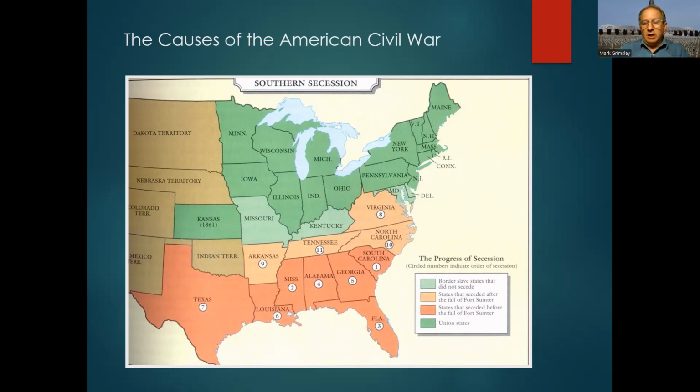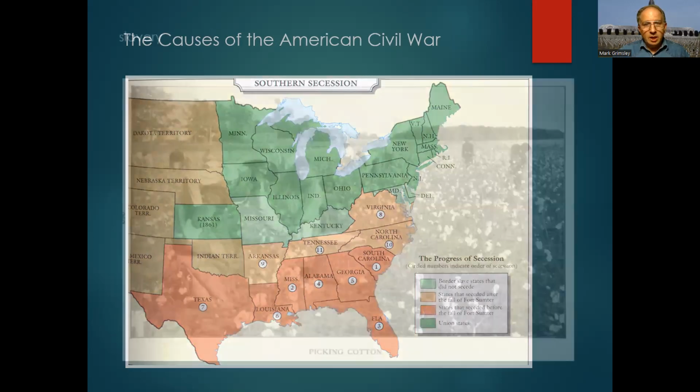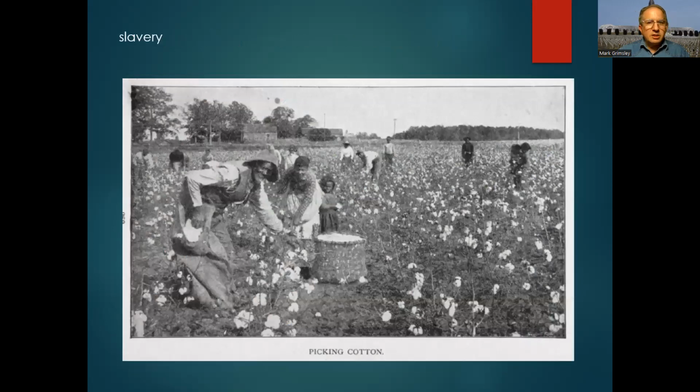When you look at the letters of Union soldiers and Confederate soldiers alike, and when they talk about what the war is about, slavery comes up over and over again. They don't talk about states' rights or anything along those kinds of lines. Well, the South is a slave-holding society, and that means it was not economically viable without slavery. So you have a very wide slaveholding,